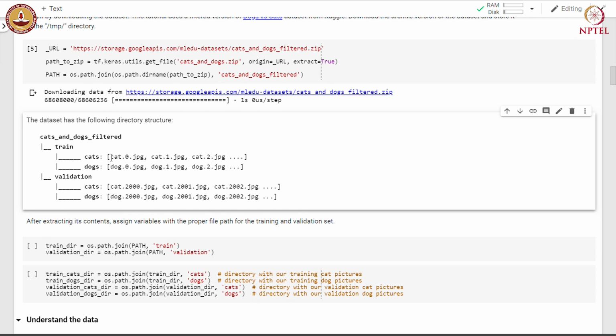Within the cats directory we have images of the cats stored in JPEG format, and each file has a name like cat.id.jpg and dog.id.jpg. So, the first 2000 examples are used as training and the remaining examples are used for validation.